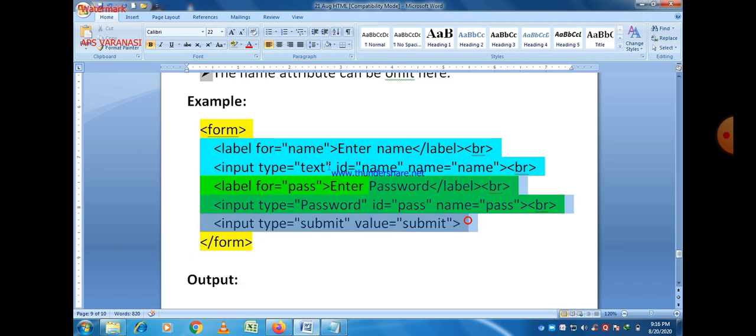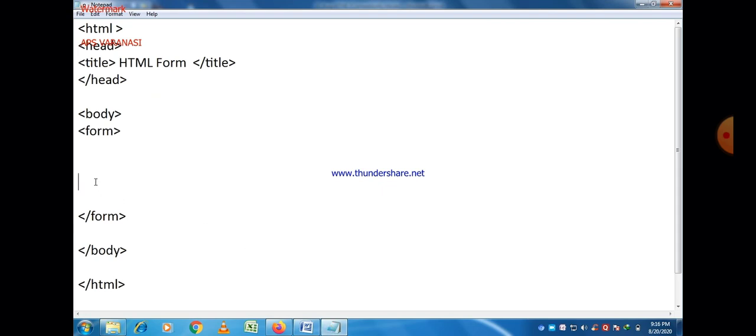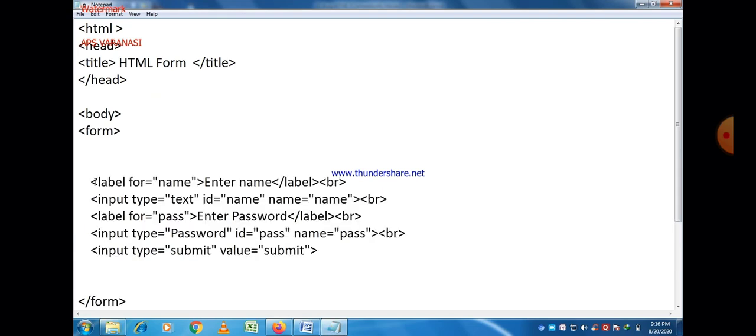Let us try to execute this program. We have a program first, so just write, this is the body of the HTML program. So just write the main content inside the form here. Just save the program. You already have the executable file, so just refresh the web page.